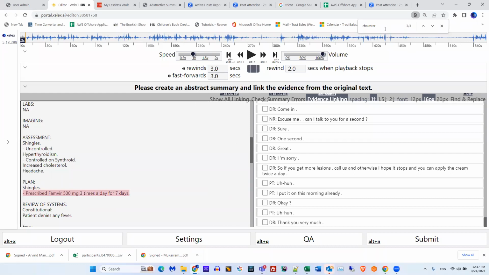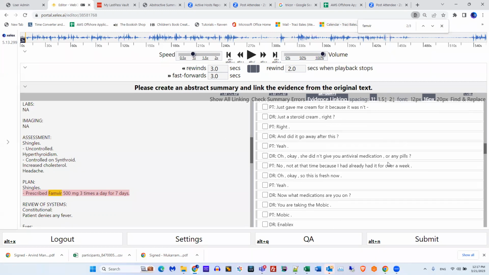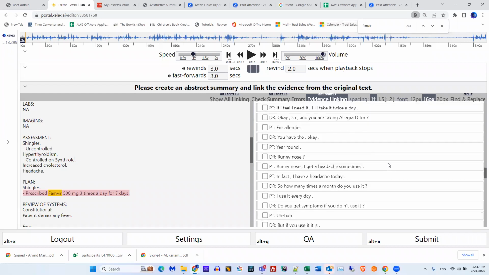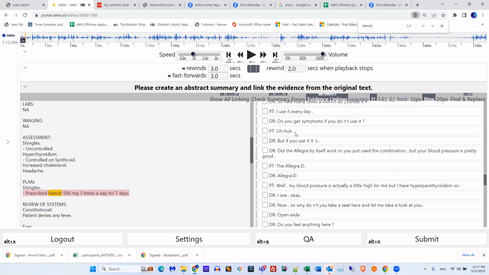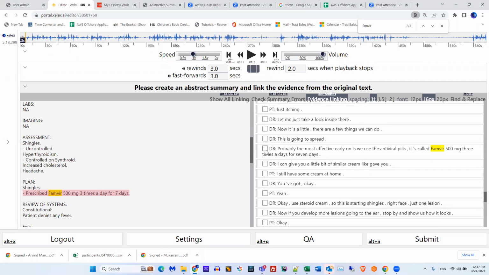Okay, and you link that to where that was said. As you listen to the audio, you're going to be at that area, so you shouldn't have to look as much as I am, because you'll be playing the file as you're creating this. Just a heads up, to link the evidence, you click in the sentence on the left-hand side, and then you click the evidence on the right. That's how you link it.